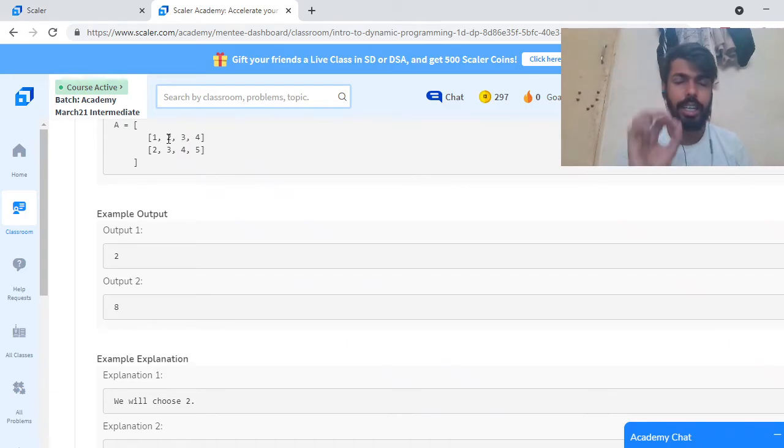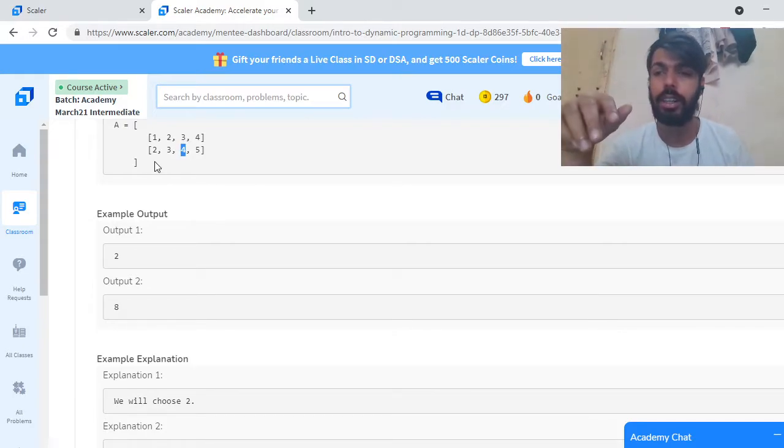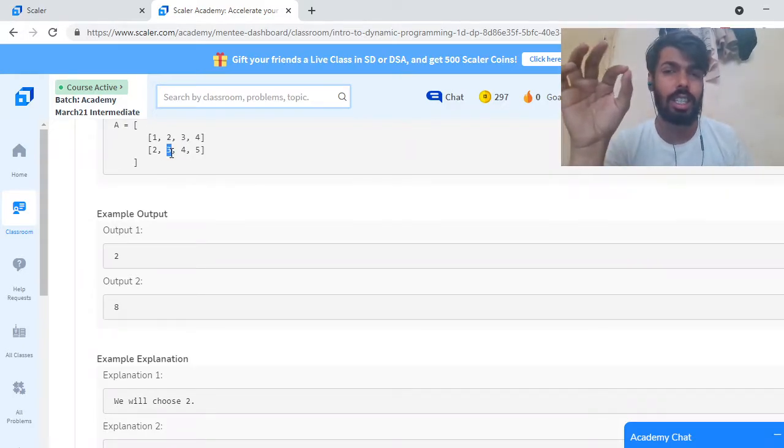The question is telling us that if I select this 2, then I can't select this 1 and this 3, since these are adjacent horizontally. Similarly, I can't select this 4, since it is adjacent diagonally, and I can't select this 3, since it is adjacent vertically.